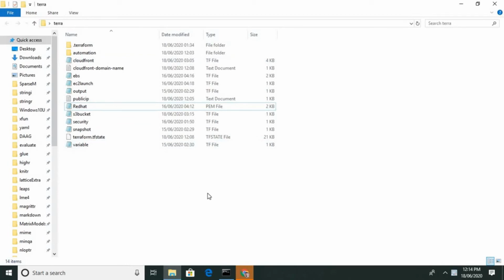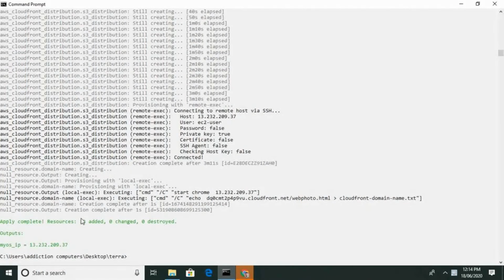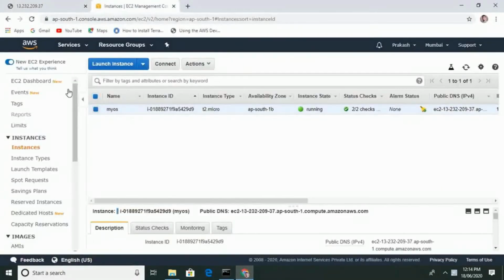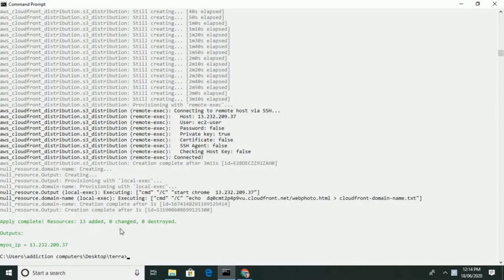And just by one click it is also going to destroy everything. You don't have to go manually on the AWS account and terminate and destroy everything. So by one click you can destroy everything. Let me show you.